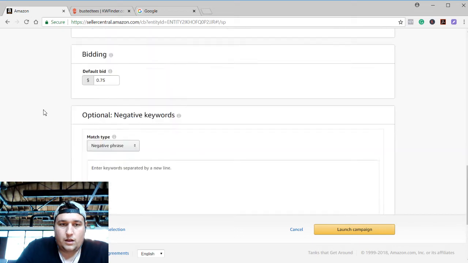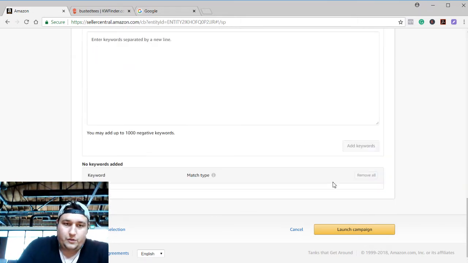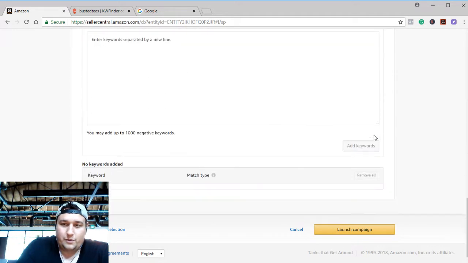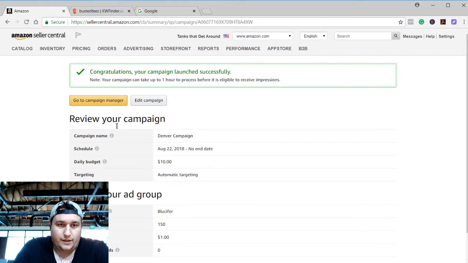So we've got a default bid. We're going to go ahead and bump up that default bid a little bit just because I want this to serve, so that I can turn around and tomorrow in the video lead off by saying what the results were of manual versus default, or automatic versus manual bidding. Negative phrases, we're not going to do any. I just want this wide open, right, and see how Amazon basically showdown Jeremy versus Amazon when it comes to ad targeting. So I'm going to launch that campaign, right, and then I am going to go to the campaign